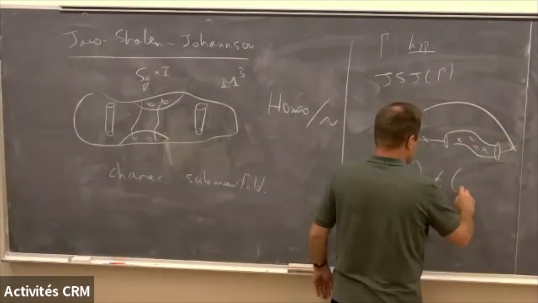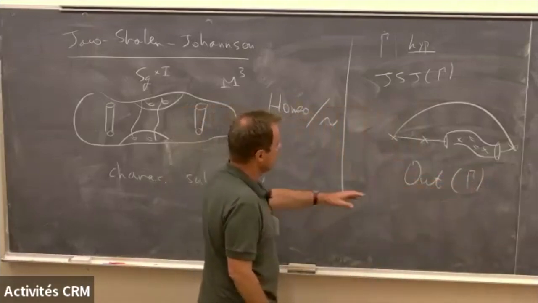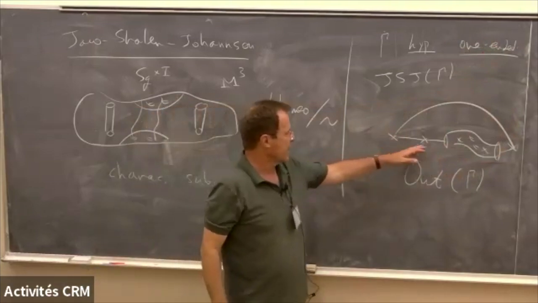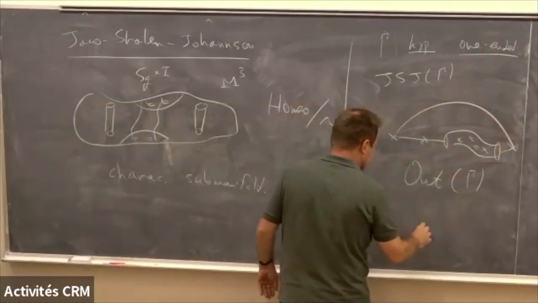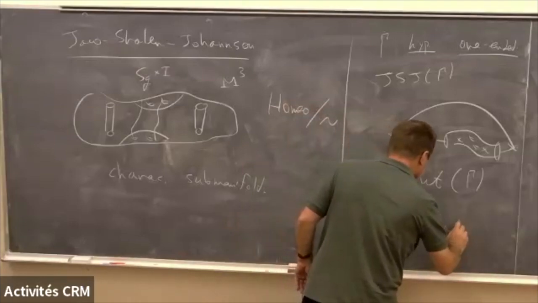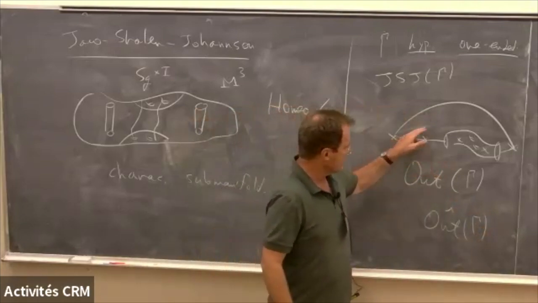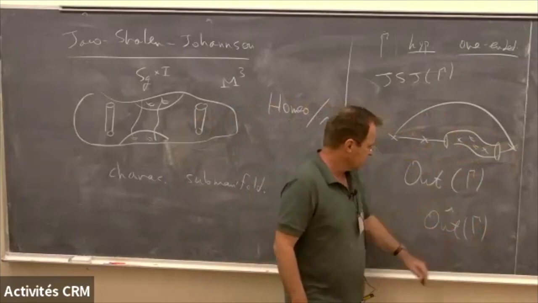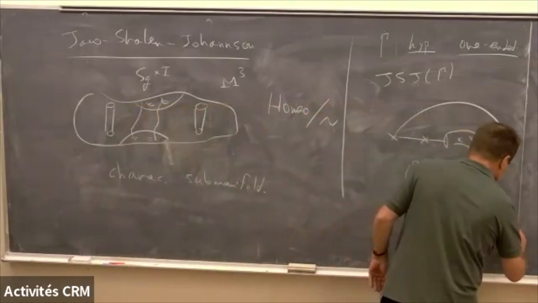So if we look at Out(gamma), the outer automorphism group, at least for now it's not really necessary, but we will assume that the group is one-ended. Okay, so it means that all the edge groups in the JSJ are virtually cyclic. So it's possible to get a short exact sequence for, in fact, not for the whole outer automorphism group, but a finite index subgroup of it. Okay, so there is a finite index subgroup inside the outer automorphism group. In fact, elements in the outer automorphism group in general will permute perhaps the vertices here. Okay, so we look at all these automorphisms where the action as a permutation is trivial, is the identity, and okay, this goes on to